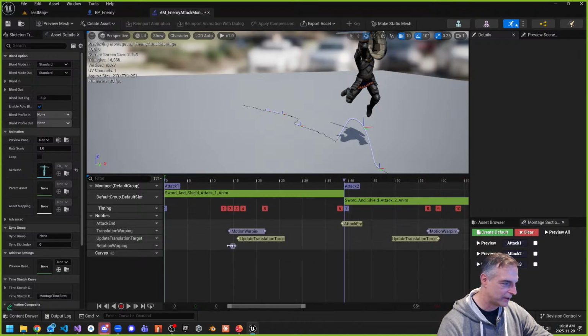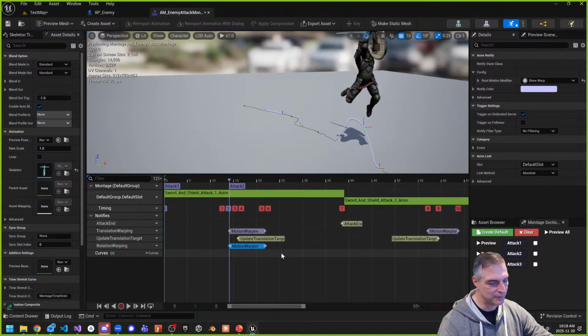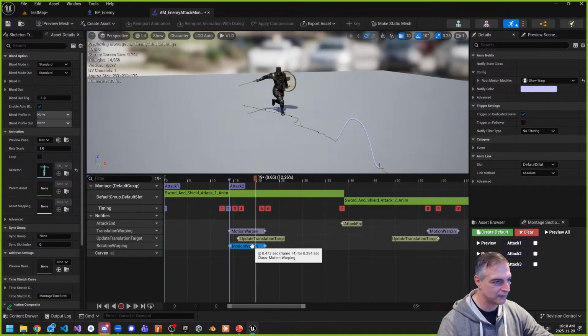And I want to try and match up, again, it's easy for me to do it this way. So if I match up this all the way to this, approximately. So this is motion warping. These should be pretty much the same size. So this one, if I look at it here on the right,